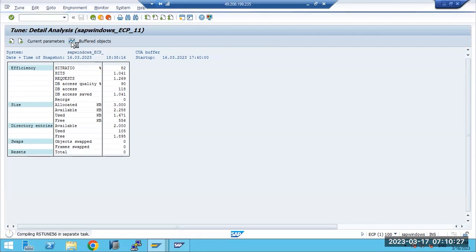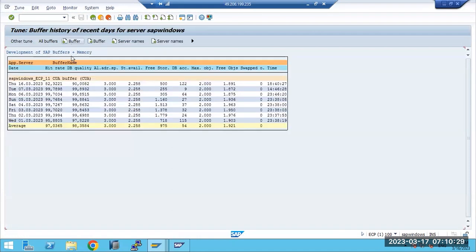And also you can see the history for each day, how much it is getting increased each day. So like that, you can see the history as well. So the total hit ratio, this is the hit ratio. Okay, first day, May 1st, it is fine. May 2nd,